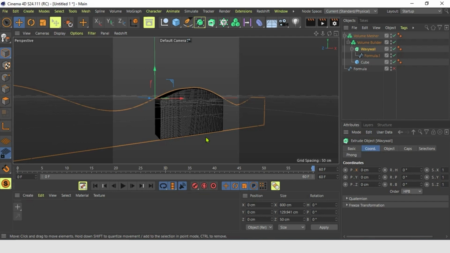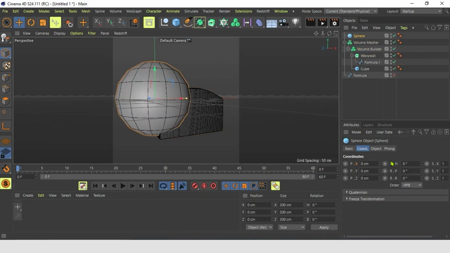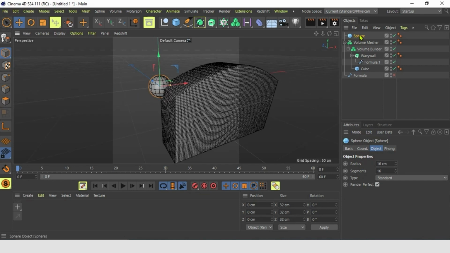Okay, good. So next thing, we want to add some eyes that roll on top of the wave. So let's go here. We go to sphere object. We give it a radius of 16 centimeters and we pack this into a null straight away. Okay, Alt G, and we can call it eyeball.